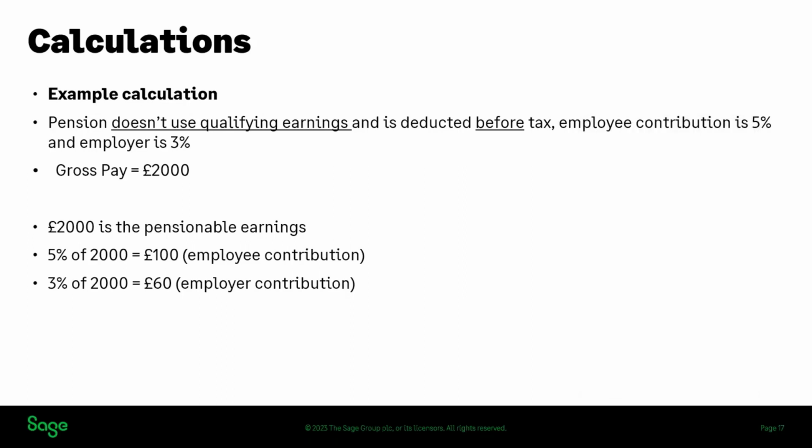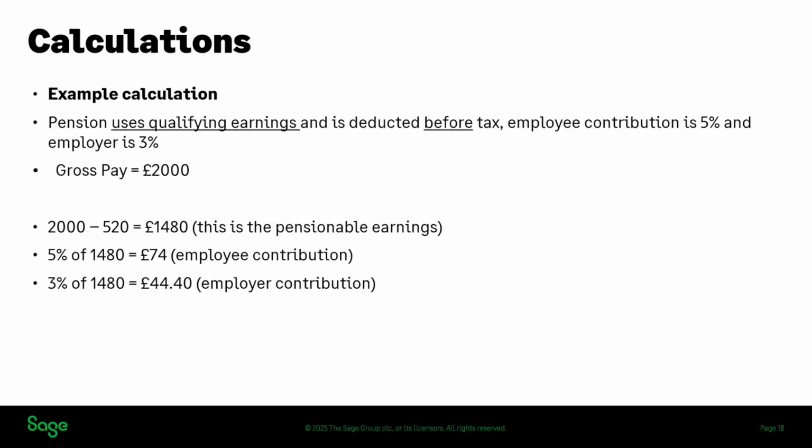So let's just switch it up to our next example. In the next example, we'll have a pension that does use qualifying earnings, but is deducted before tax. And we've used the same contribution amounts, so 5% for employee, 3% for employer, and the same gross pay figure, so £2,000 in total. But for this one, the pensionable earnings are the qualifying earnings. So it's only those earnings that fall between the lower and upper threshold. So for this one, you can see we've taken our gross pay of £2,000 and we've deducted the monthly lower threshold of 520, leaving us